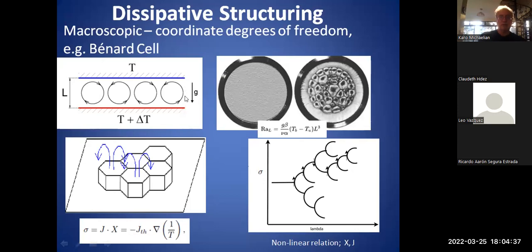microscopic dissipative structures. But before describing a given example for microscopic dissipative structuring, let me first remind you about macroscopic dissipative structures. And the example I'll give is the Bernard cell. And this is structuring over coordinate degrees of freedom. Okay, so we're structuring over the distance dimension. So these Bernard cells consist of two plates, a hot plate, which is at the bottom, and a cold plate at the top. And between them, a liquid under the force of gravity.